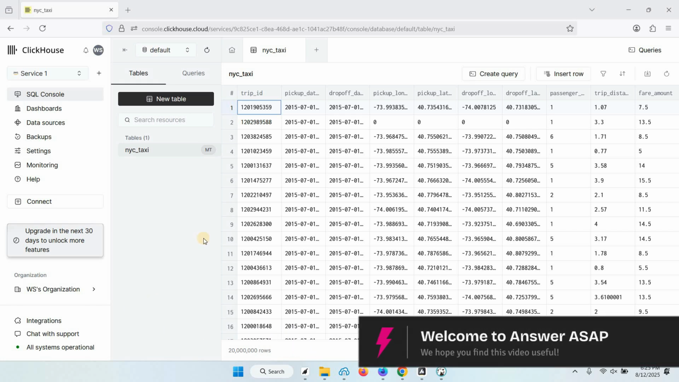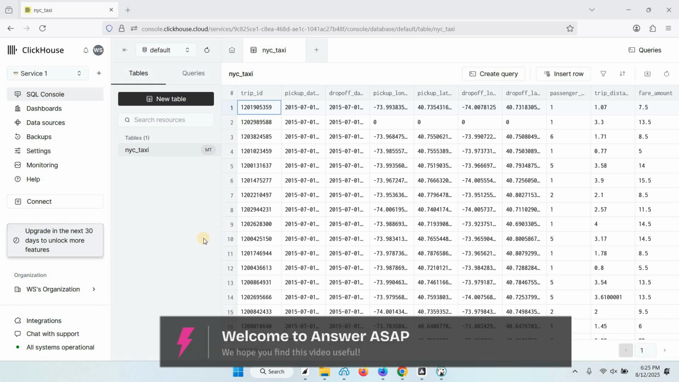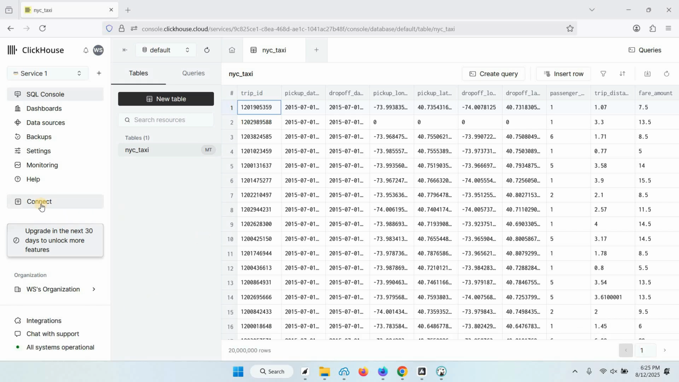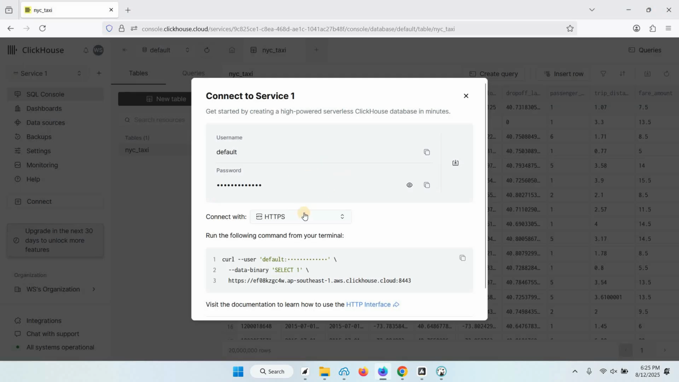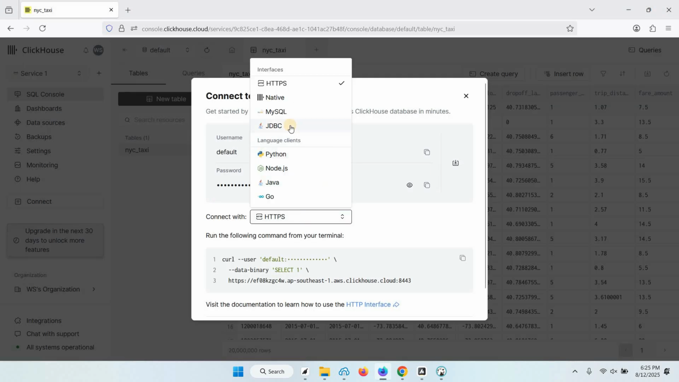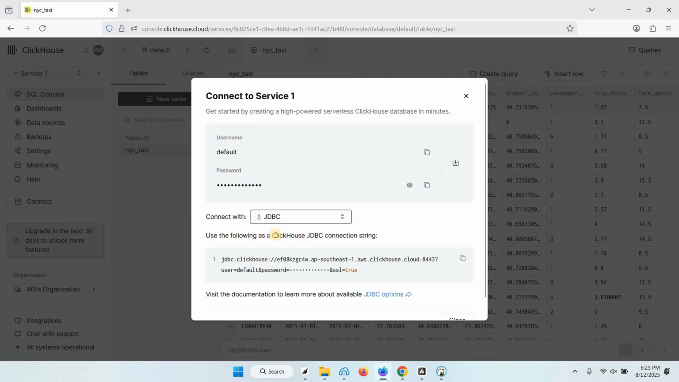This is how to connect to ClickHouse. So on your ClickHouse, click Connect. We will use JDBC as our connection. So this is our JDBC URL, and I will use an application called DBeaver,